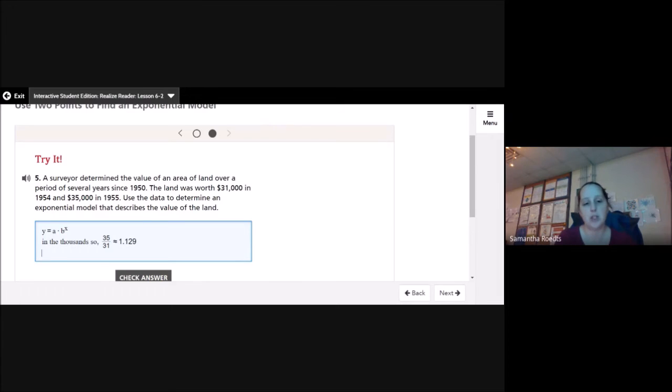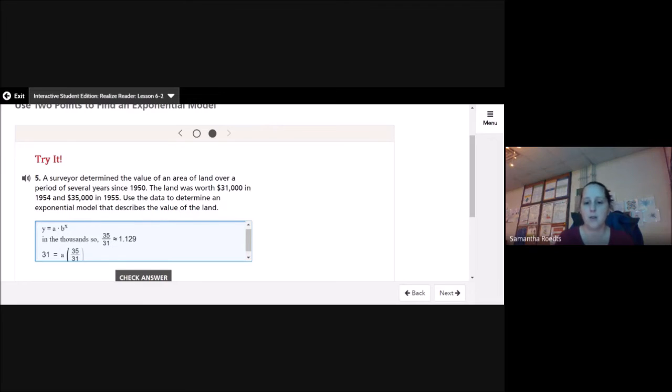So then I'm going to substitute that value in and find A. So I'm going to use, I'll use the 31. So 31 equals A times